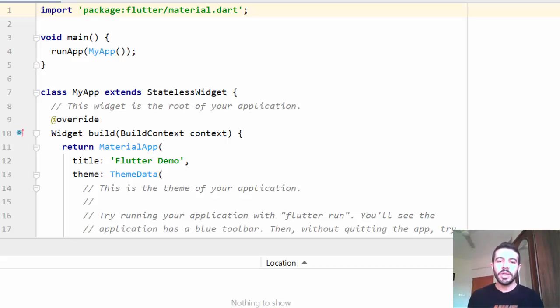In today's video I'm going to show you how to create a simple application. This application just gets an image from the gallery in your mobile and displays the image in the Flutter application. So this application is very simple, but I'm going to show you how to create it